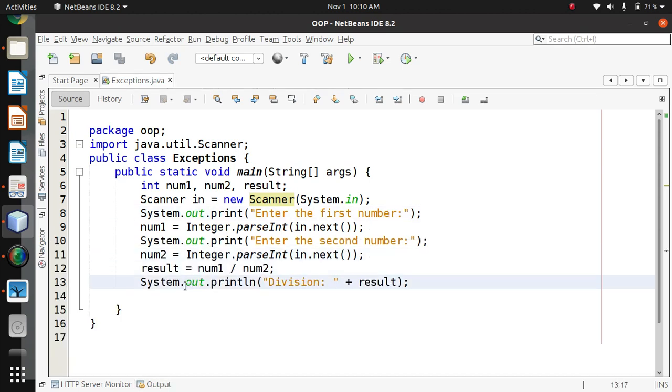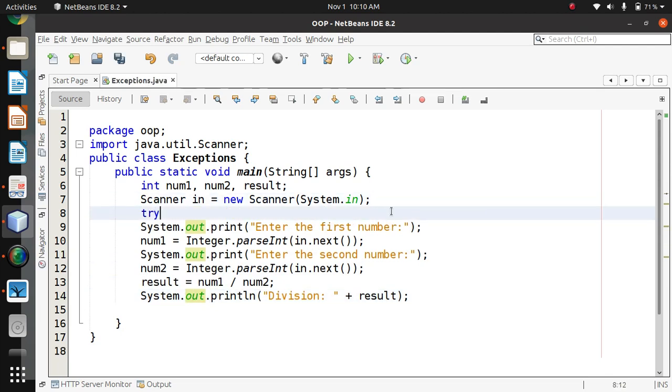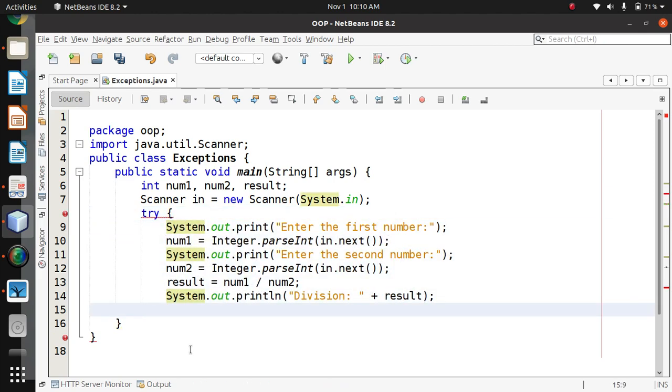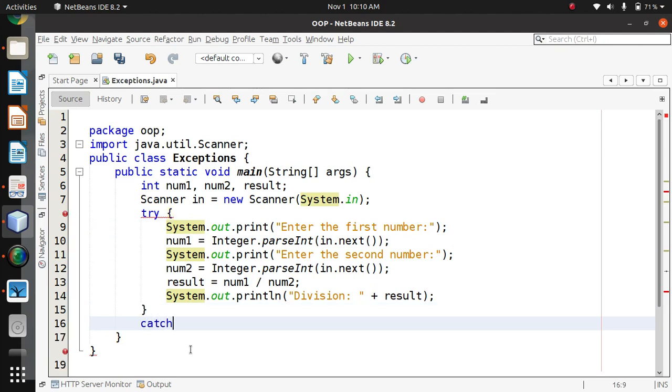Fine. So to handle the exceptions, we have to make use of try and catch. So let's do one thing. Let's create an indent here, complete it, and catch ArithmeticException e.